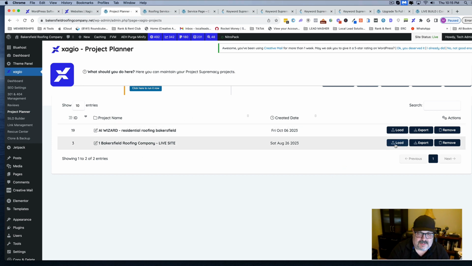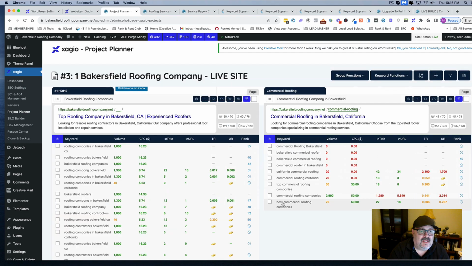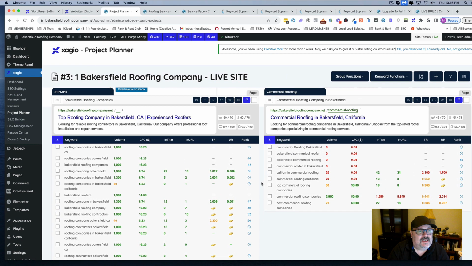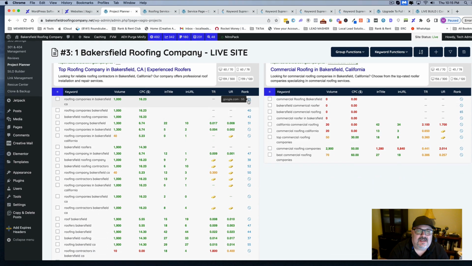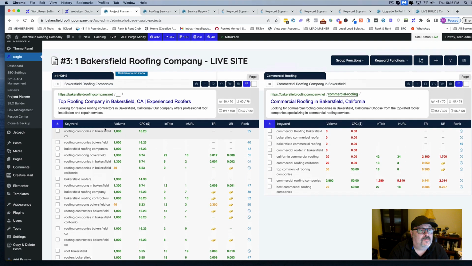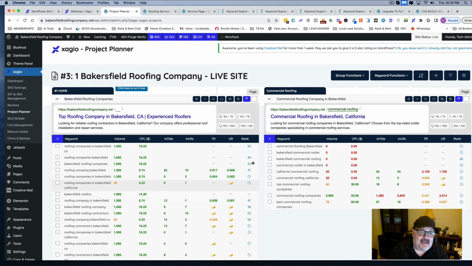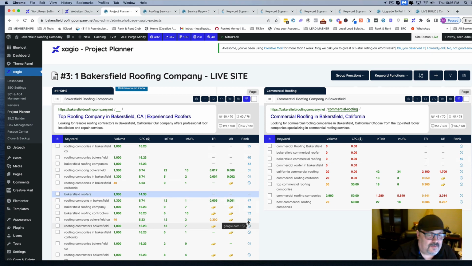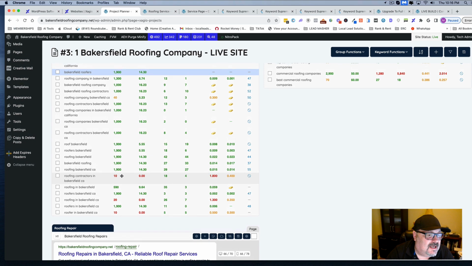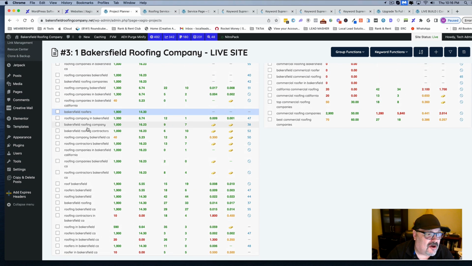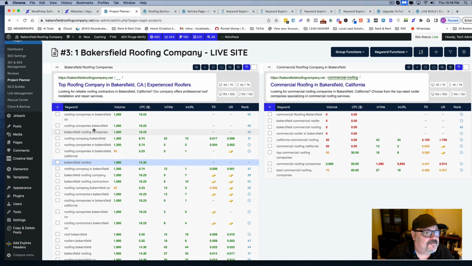So let's go in here. These are the keywords that I'm trying to rank for this site. These are not my rankings, because these are the ones from when I pulled it from my competitor. These were the rankings he had at the time. I just got this up a couple days ago. So we were trying to rank for these keywords. Look, the amount of traffic is really good, and you'll see that all these keywords are very similar. They all have a city identity on it.